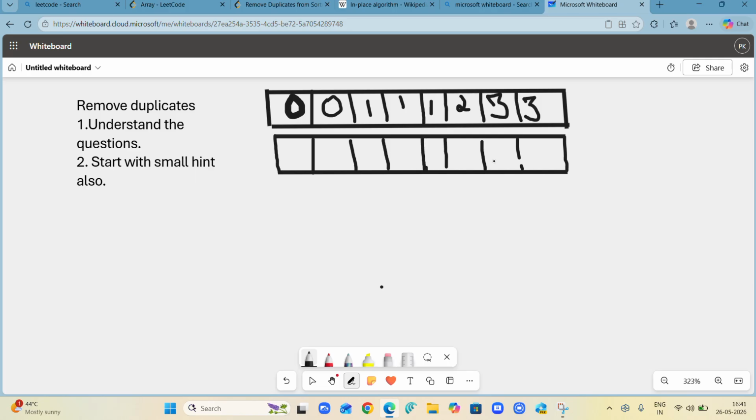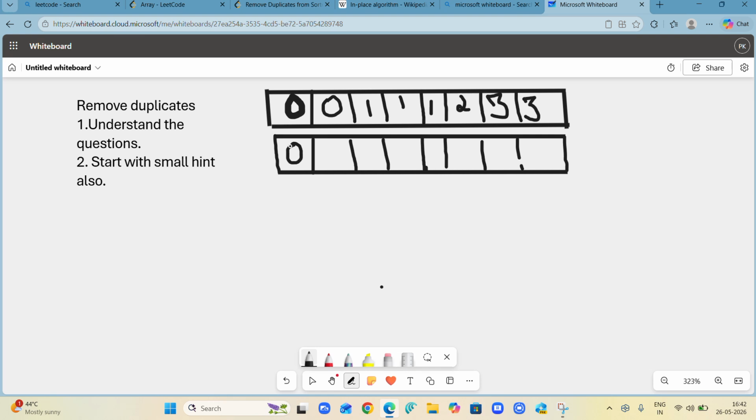See, if I'm going to create a separate array, I would have written a for loop to iterate over the entire array, like for int i equals 0, i less than n, i plus plus. And at the first position I would have written 0, because the first element needs to be stored. It doesn't matter whether the next element gets replicated or something like that. So I have written 0. Now for i equals 1, I'm going to start from i equals 1 up to n minus 1.